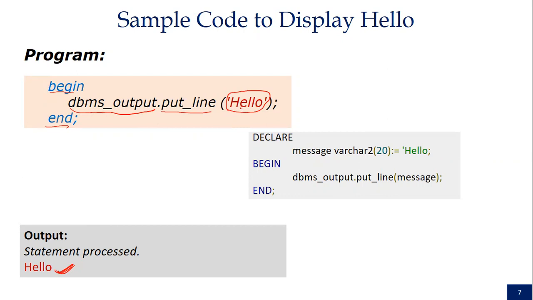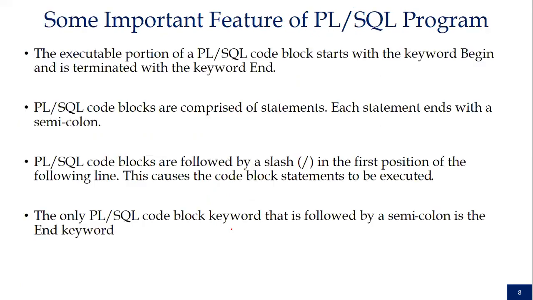You can also display a variable value by declaring the variable in the declaration section. This is just an example of how to write a variable; what a variable is, we will see later. Here message is a variable, this is its type, and the value we want to store in it is hello. So hello will be stored in the message variable, and then we directly display this message variable inside this line. Both pieces of code provide the same output, hello. Yes, sir.